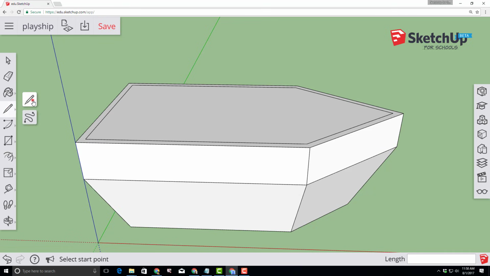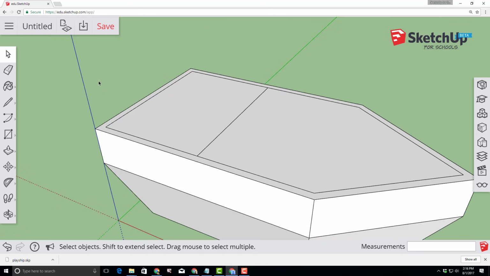Switch to the Pencil tool and then find one of your long lines and move across it and find the cyan midpoint. Stay on your green axis and it automatically snaps across, and you can cut your ship into 2 nifty pieces. With the ship divided in half, let's click the Select tool, select the bow,